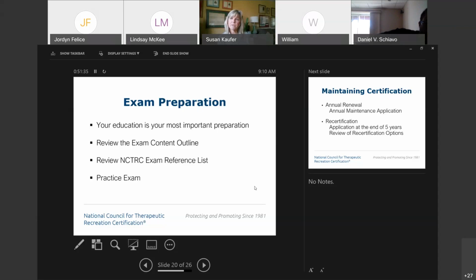We have an exam management committee, item writers, and psychometricians all developing the NCTRC exam. That exam reference list will be a good tool for you to identify the texts, the articles, and the information that was used to create those exam items or questions. So again, a really important part of how to get prepared for the exam.